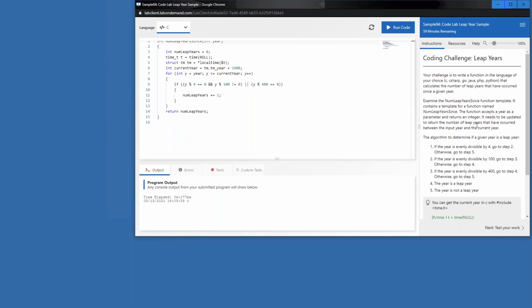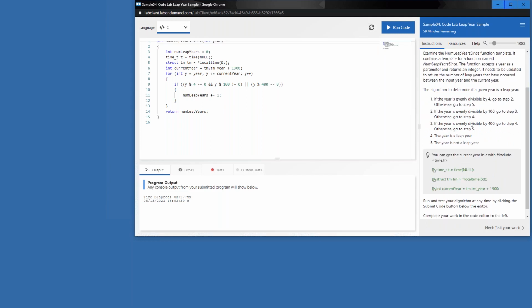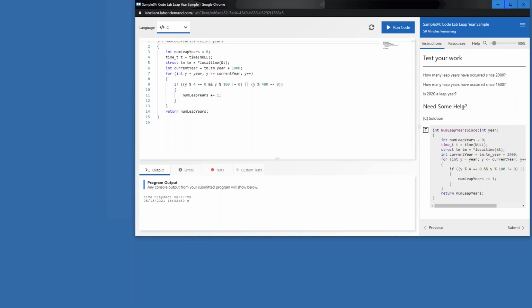When I switch, first of all, you see here the coding challenge. We want you to generate this. Here are the interesting or pertinent points. Now go to it, then test your work. Now, you see here that we put in our C solution, but watch what happens when I change my language